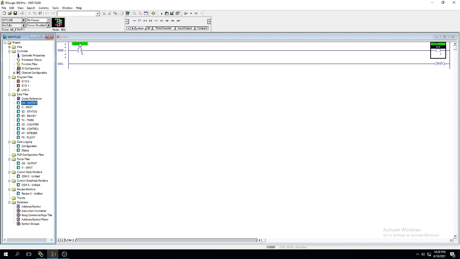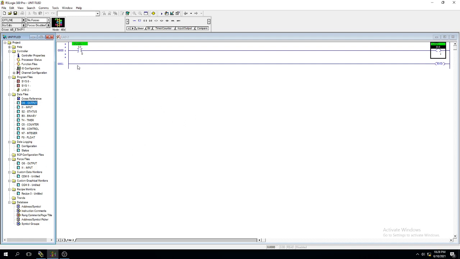Our program just takes some input value, takes some output value and gives a number to that. Why do we have to give the number? We have a number of inputs and a number of outputs. That's why we have to represent which input the PLC has to take and which output it has to give. The PLC will be decided by this 0 number and this 1. This is input and this is output.